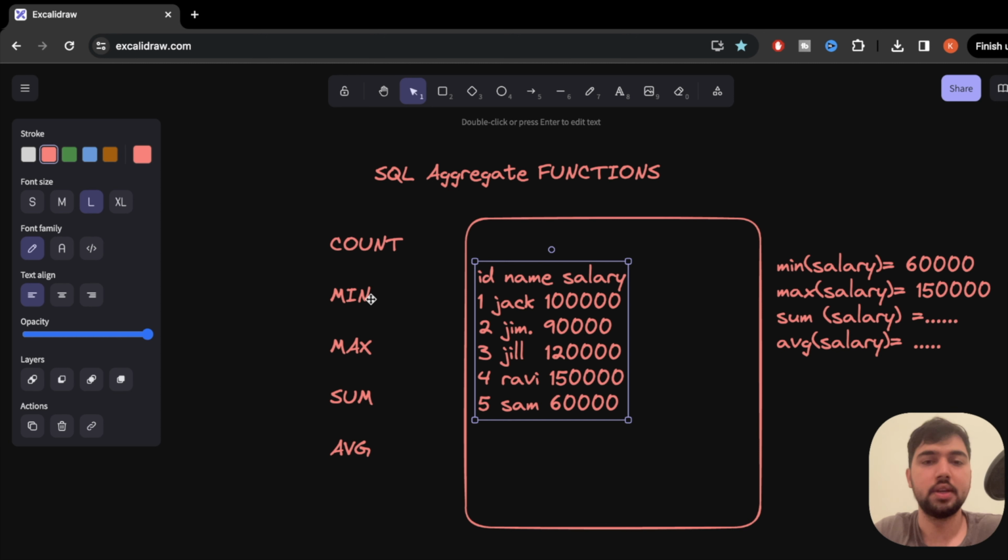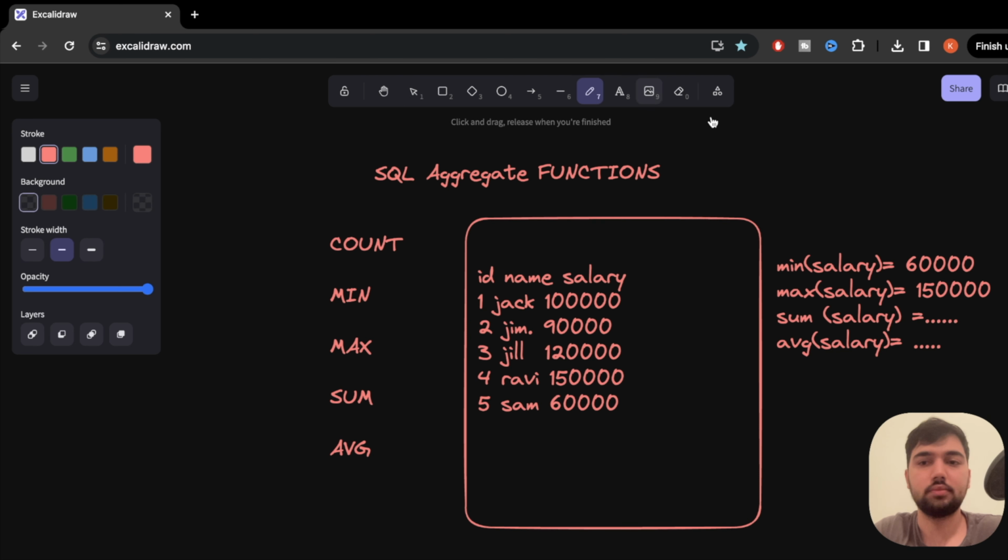And what is minimum? We use this in numerical terms. In this case it's salary, which is numerical, and the minimum salary equals 60,000, which is the lowest one, and maximum is 150,000, which is the maximum salary. And we'll do sum. What sum does is sum all these values and give an answer, which is,